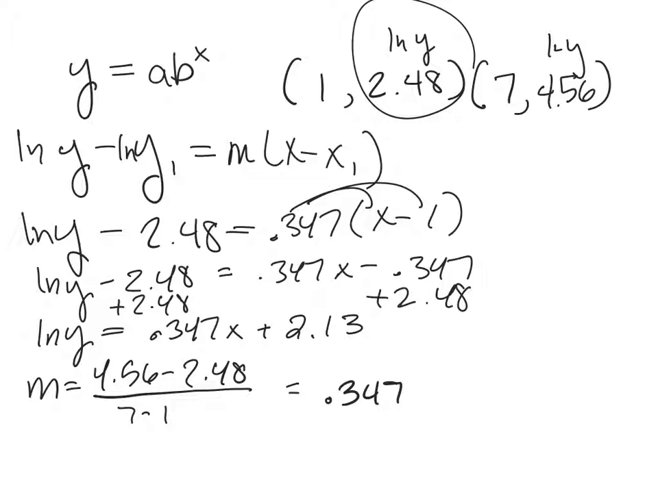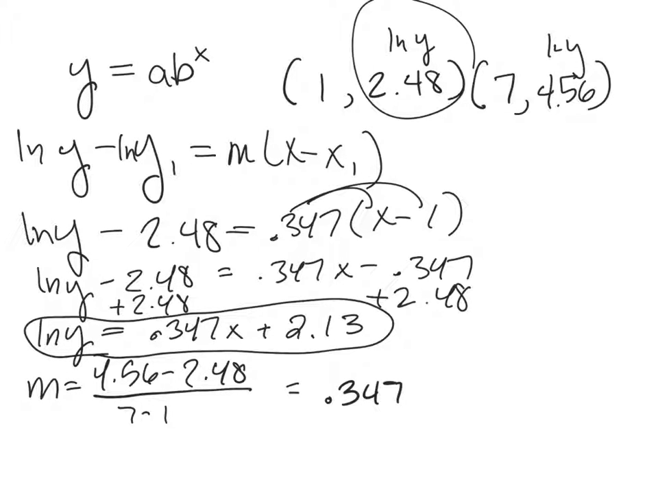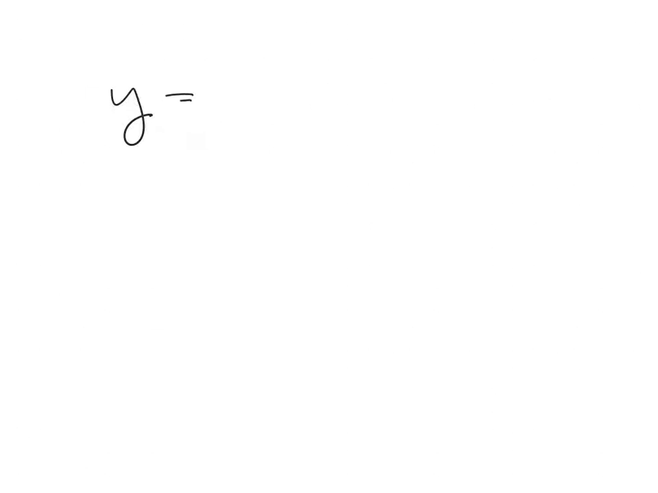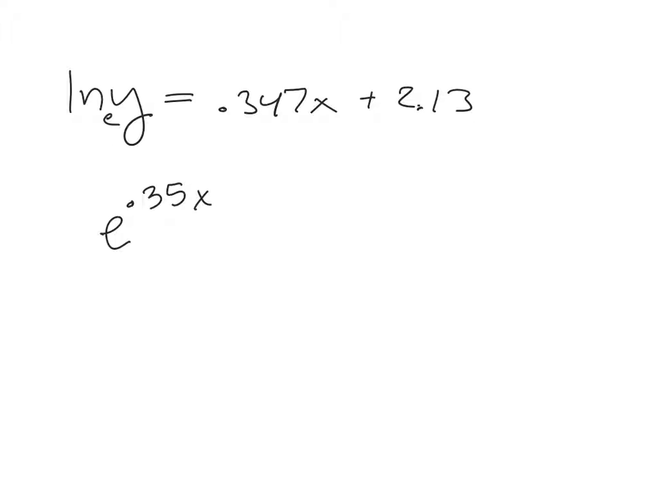This right here is a base e. Actually, I'm going to take this right here and start over on a new page. y equals 0.347x plus 2.13. Remember, we're trying to find, sorry, it's log y, exponential function. So that's really log base e of y. That means that I can change it up to e raised to the point, I'm going to say 0.35, x